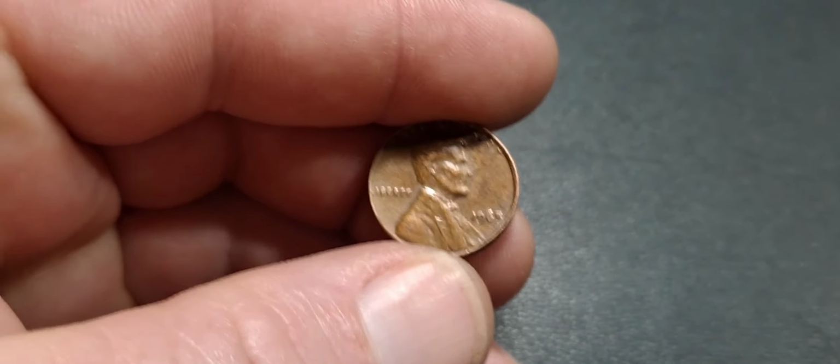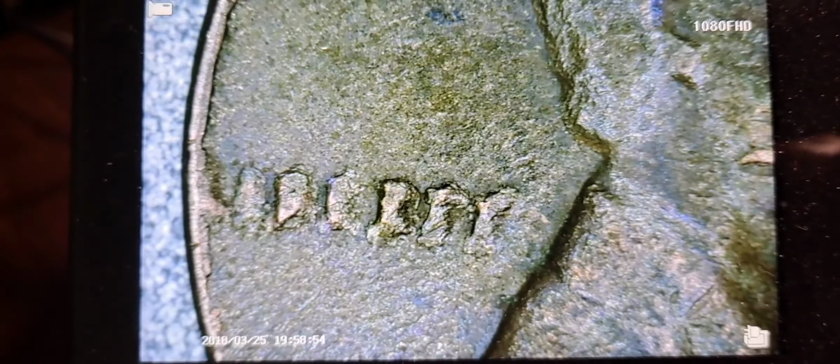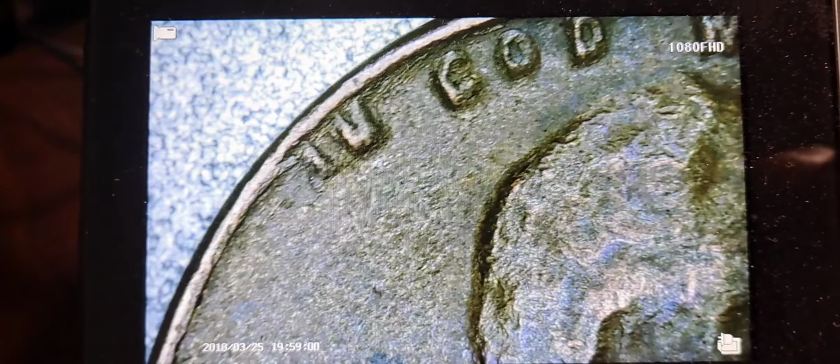And if you look at the 5, I'll put it under scope. If you look at the 5, it looks damaged. Let me turn the light up there a little bit. Everything looks damaged there on the date. So I thought the coin was just damaged on the date. But then I came over and look at all that. You can't even hardly read Liberty. And you come up, the N, you can't really get. I mean, it's just